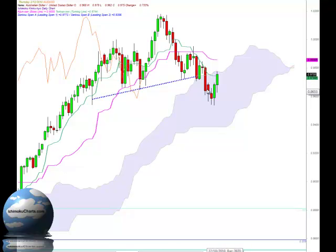Quite often when we have head and shoulder patterns, when they start to form and they're completed, they tend to retrace back towards the neckline, and if we extend that neckline out, that's exactly what's happened here, and that coincides with the top of the cloud here. And then they sell off and continue the downtrend to the downside. So if that does happen, we do need to watch the low of the current candle for any potential lower high and lower low. Now, we do have some good support down around this 95.40, 95.50 area, where we can